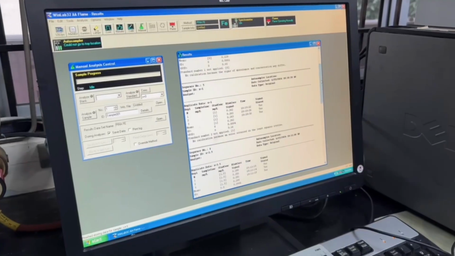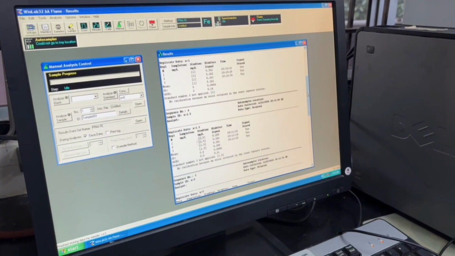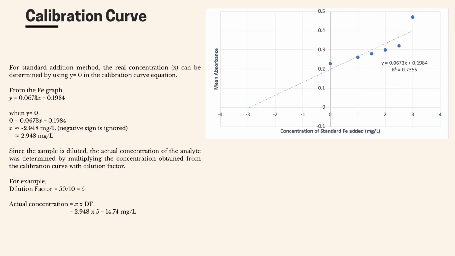So here is the data outcome. So this is the calibration curve for standard addition method. The real concentration X can be determined by using Y equals to 0 in the calibration curve equation. From the iron graph, it shows that Y equals 0.0673X plus 0.1984. When Y equals to 0, it shows that X equals